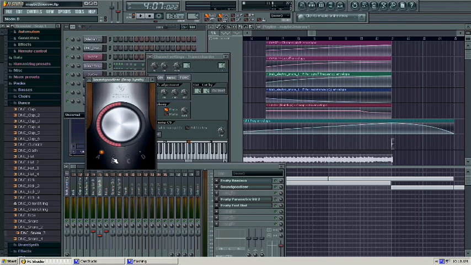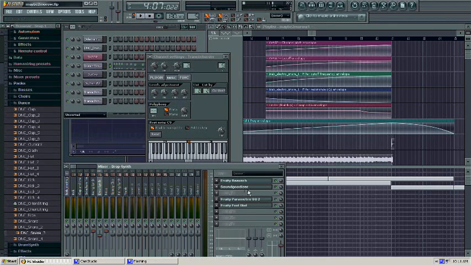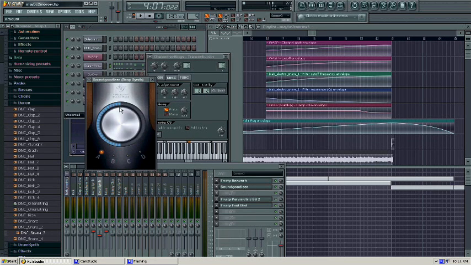I also have a Soundgoodizer. I really like this effect a lot. It helps to enrich your sound. I have it on setting A, and it's about half the way up. If you don't know what I mean by half the way, you can click and drag this to move it around, but you want it right at about half.